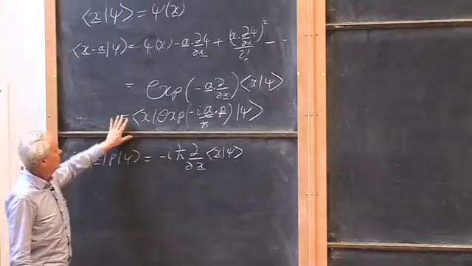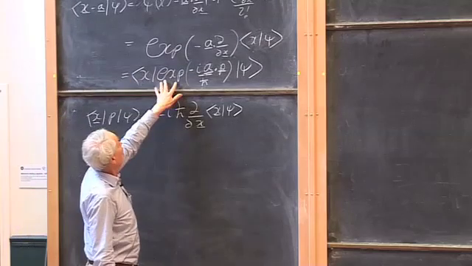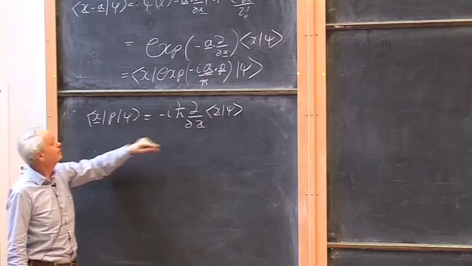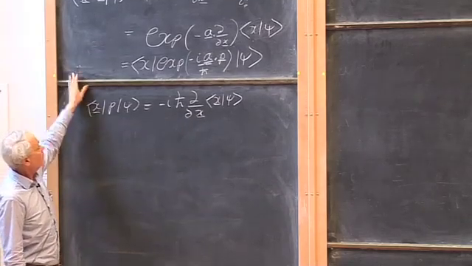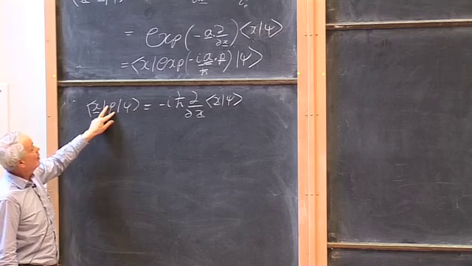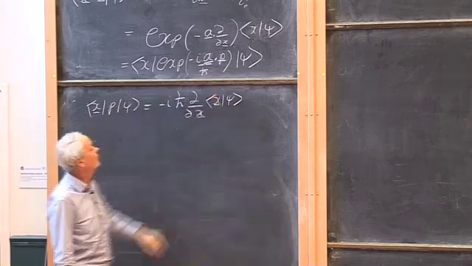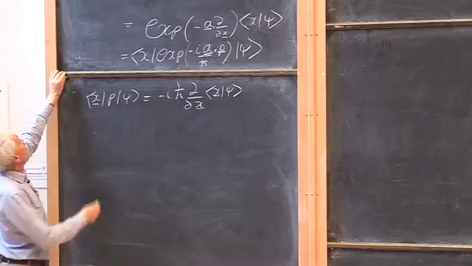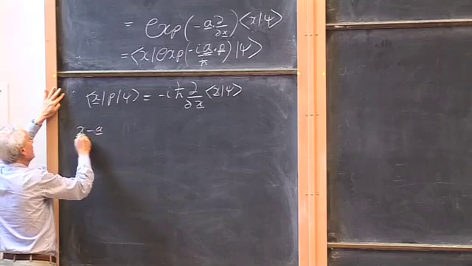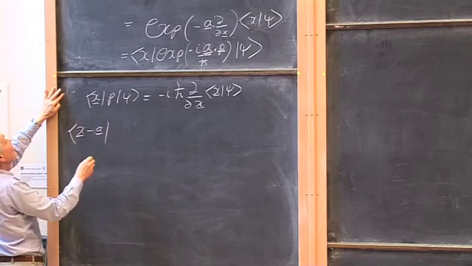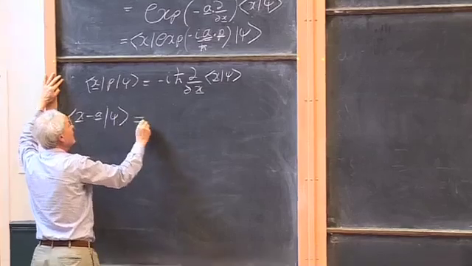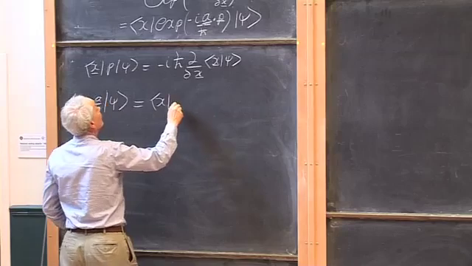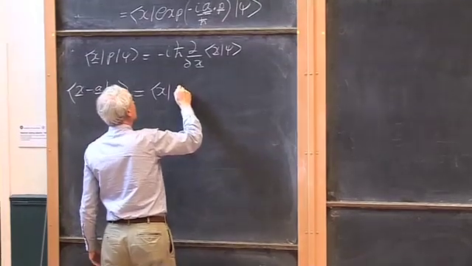Okay, so I can just make a change of notation here, where I've replaced p now by the function of p that you see there. And then we have a function of this operator. So what have we discovered? What we've discovered is that x minus a, this is the bottom line on this little piece of calculation, which is really only Taylor series expanding into psi, is equal to x on